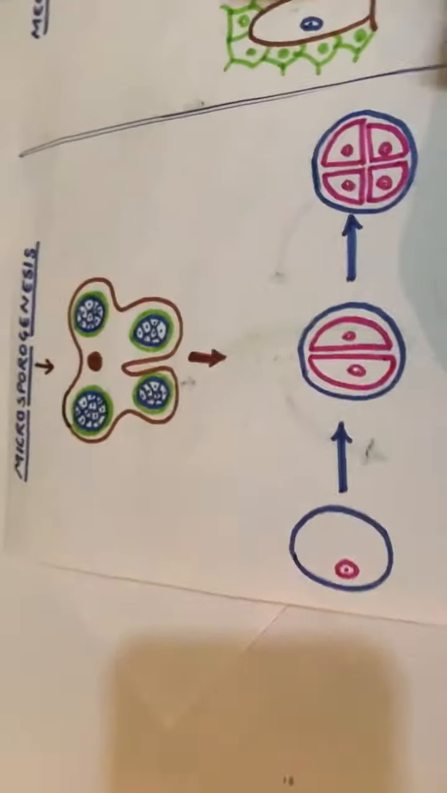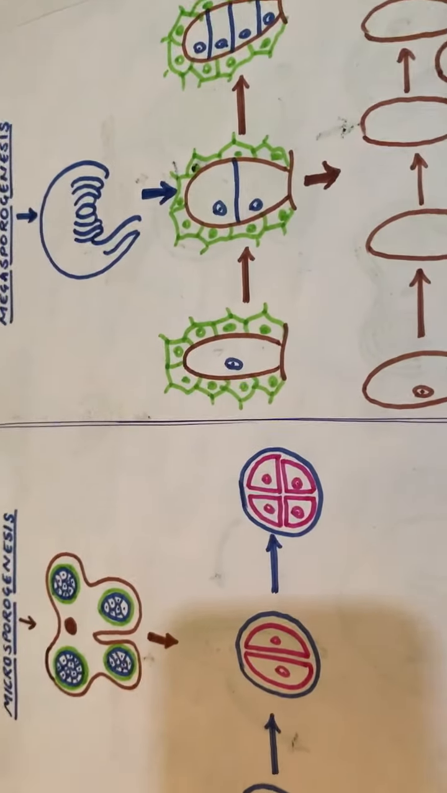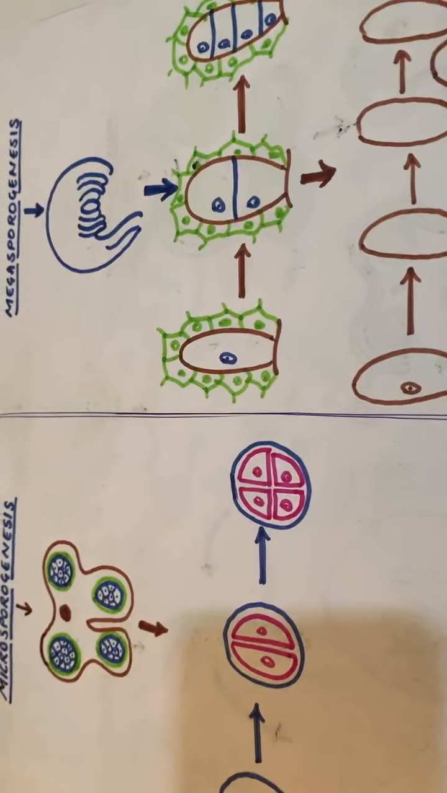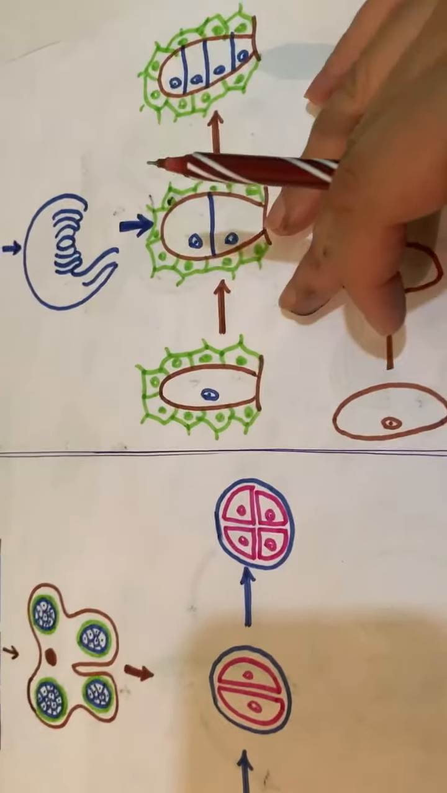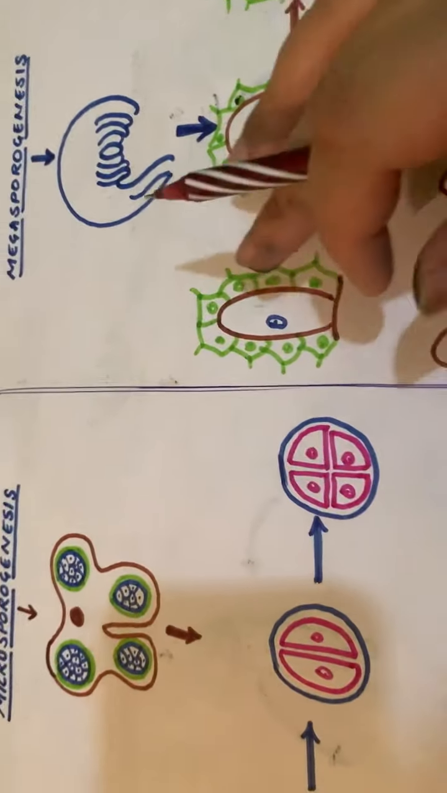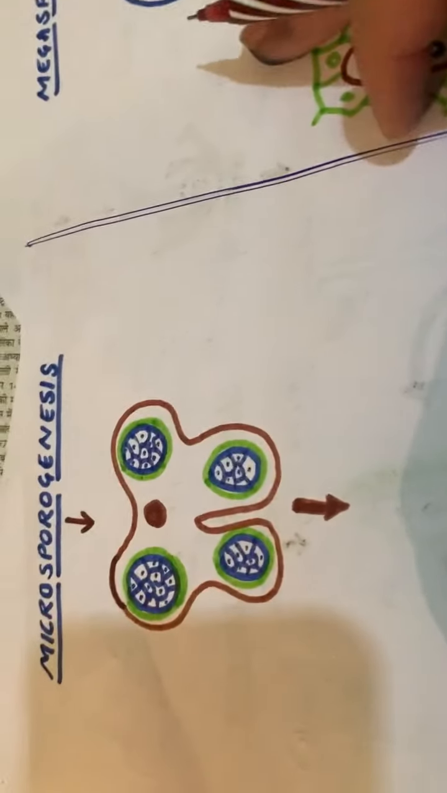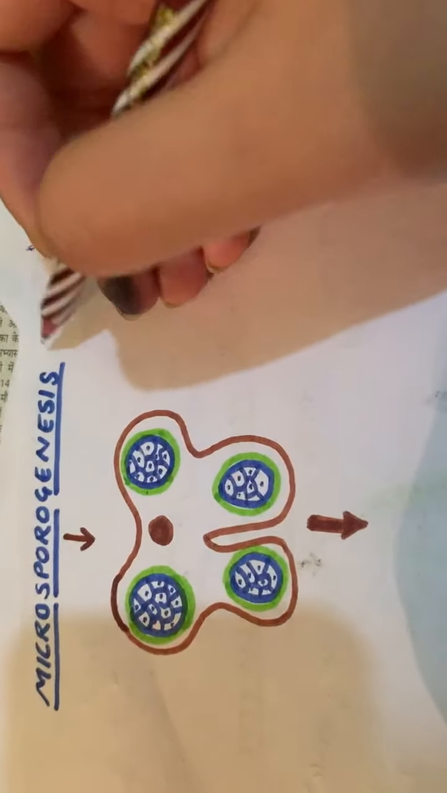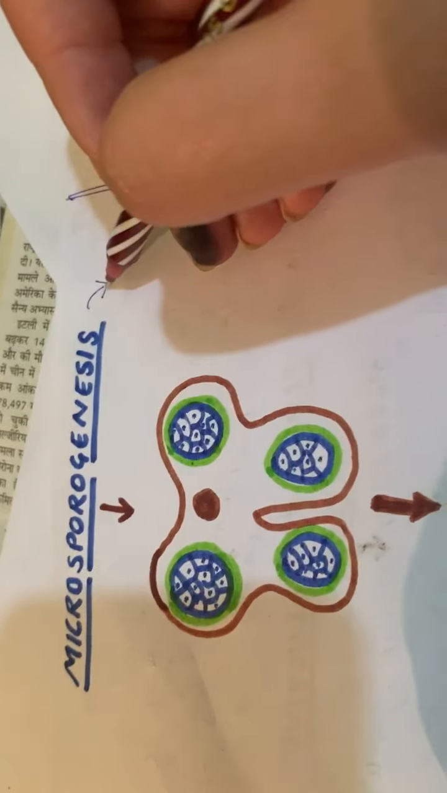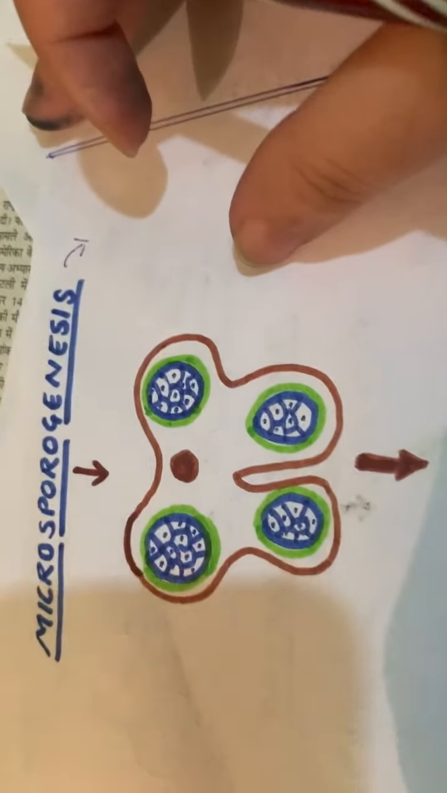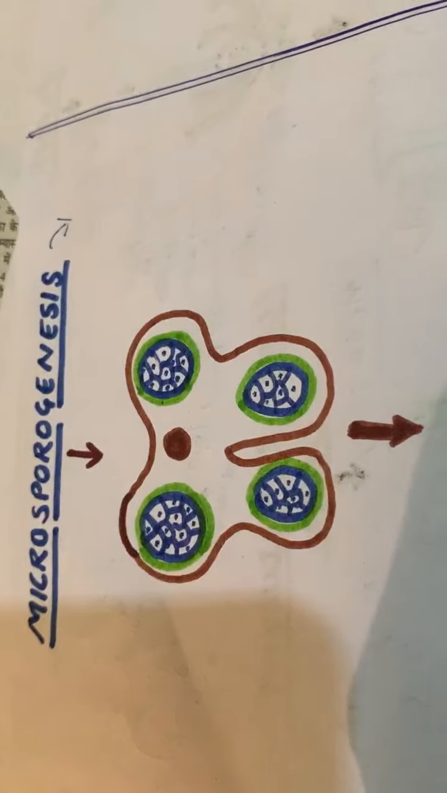Lately, if we talk about the formation of male gamete and female gamete, so let's come to the formation of gametes. If we say female gamete and male gamete, this is microsporogenesis. Now, what do you mean by microsporogenesis? Microsporogenesis means